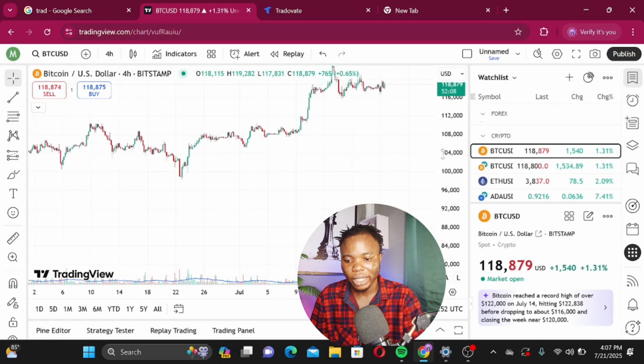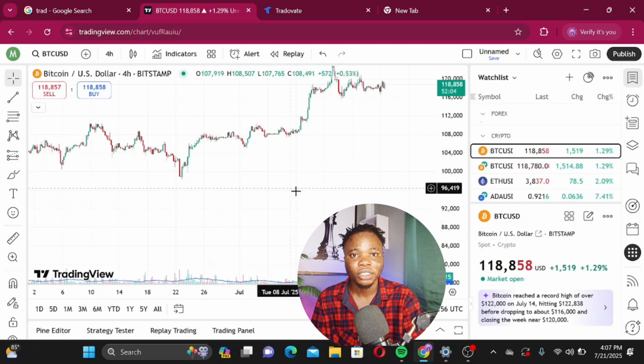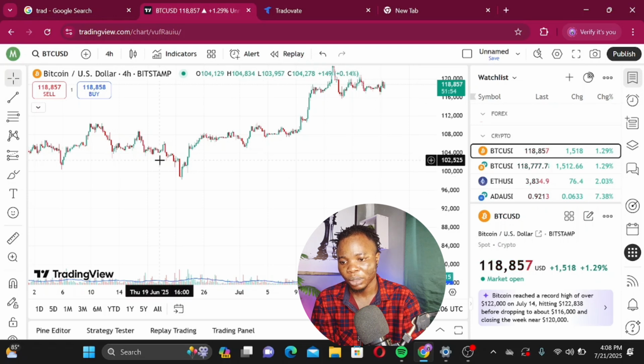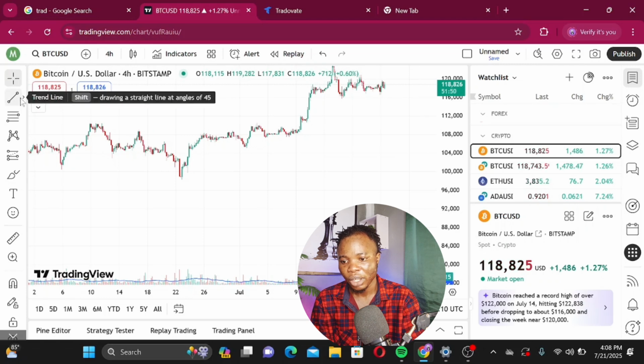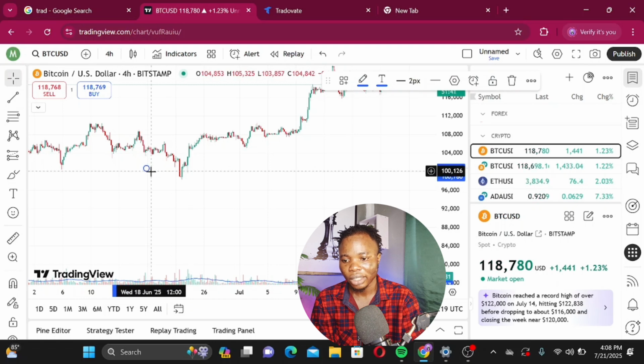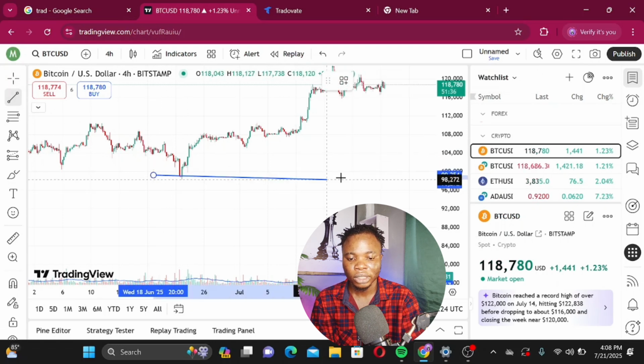So what you're going to do next is, if you want to add your trend line, or other things you can use to mark where you want to trade, come to this place. You can always come here, then come to this place, the arrow. If you want to use this first one, click on it, then tap on the touchpad of your laptop, then you draw it. You can actually use it.